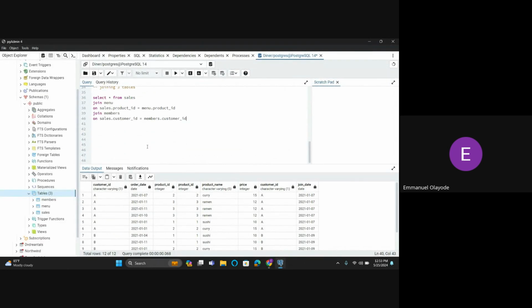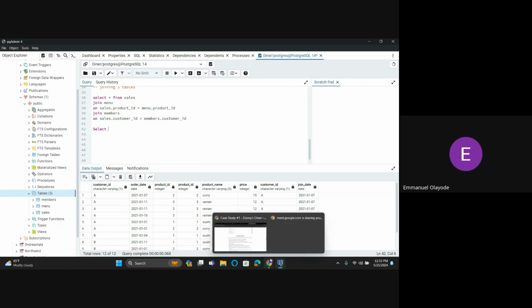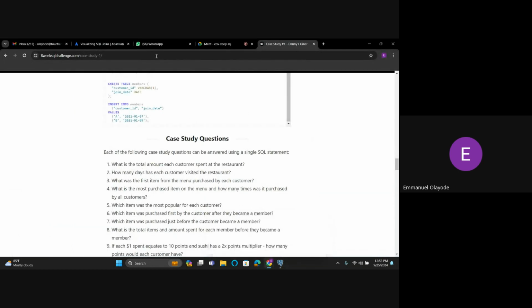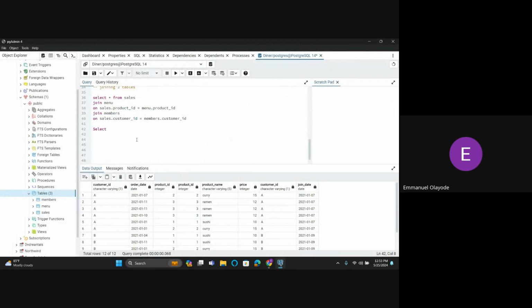In this case, we are going to be doing a join because we are using two tables, so we are going to be joining them together. So what we are to do now is select. What they want to see in the question, let me go back to it again: what is the total amount each customer spent at the restaurant? So we need the customer information as one of the columns we are returning, and the total amount spent. So the query is going to be select customer ID,